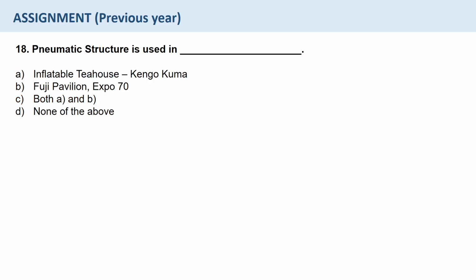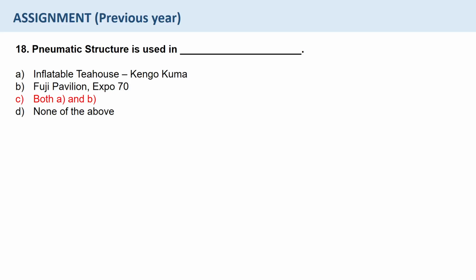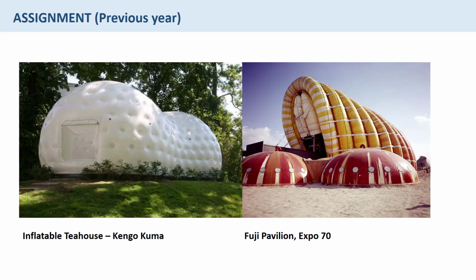Okay, last question. Pneumatic structure is used in inflatable tea house, Kengo Kuma, Fuji Pavilion Expo 70, both A and B, none of the above. So this is how inflatable tea house Kengo Kuma looks like, and this is how the Fuji Pavilion Expo 70 looks like. So the answer is both A and B. They both are pneumatic structures,